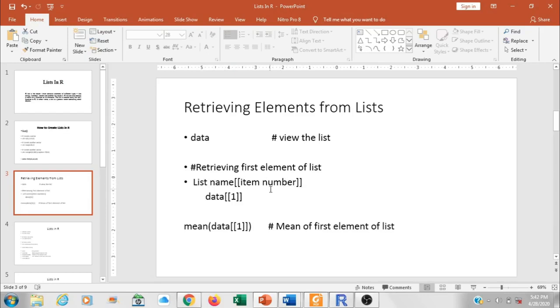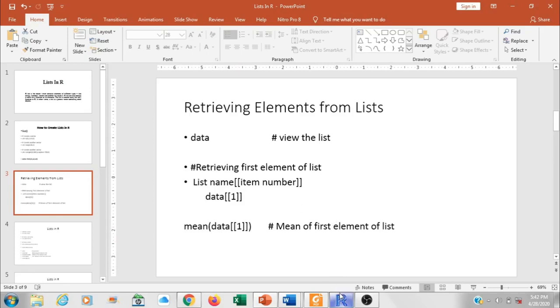For example, to retrieve the first element of the list named data, I would write data and double bracket 1 double bracket closed. And again, if we want to make some computations on the list items, we would use the list name and the element number with the double brackets, as we have taken the mean of the first element of the list data, which was the first vector actually.